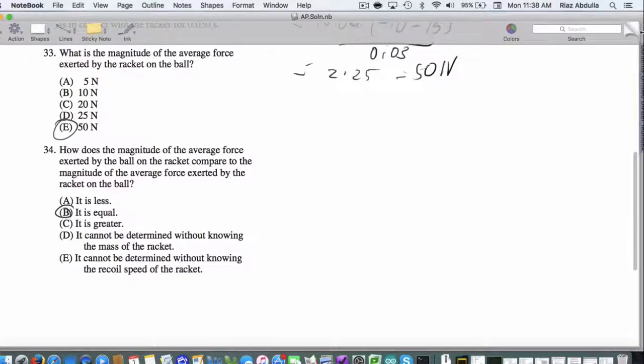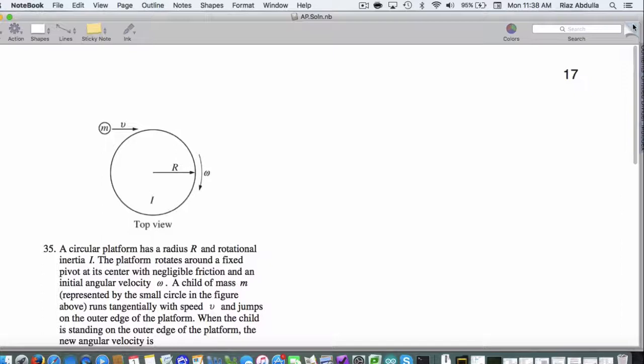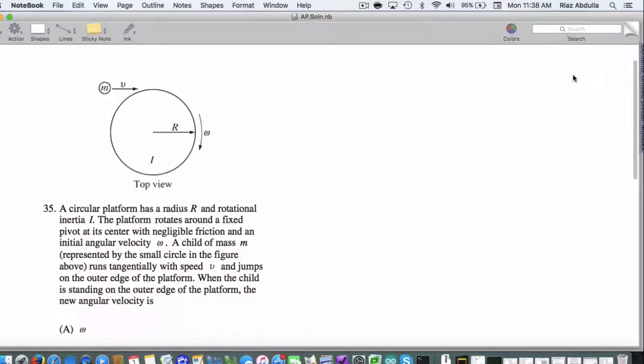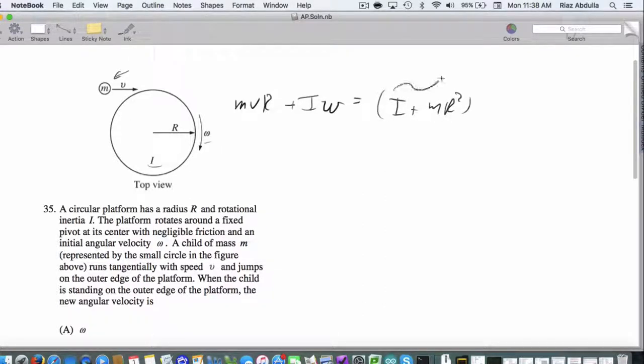And finally, question number 35. So this is an angular momentum conservation question. So let's just kind of, we haven't done too many of these, but we're going to practice this week. So we've got mvr, that's the angular momentum of this dude. So you take the momentum and times it by the radius. And then here we have an angular momentum of I times omega. And what's going to happen is that they're going to hit and stick. So I've got I plus mr squared. I take their total I